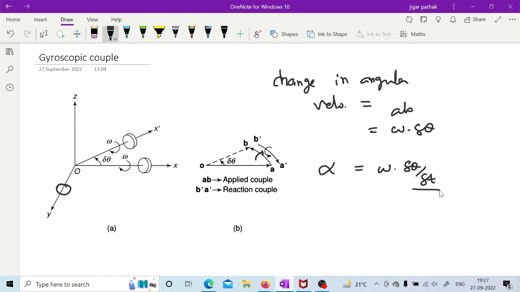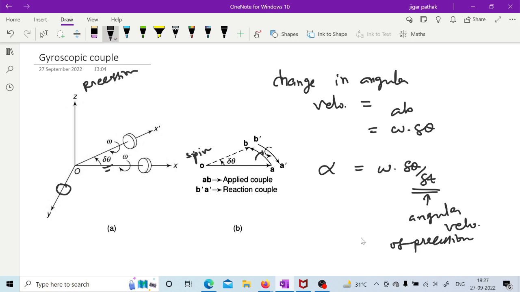Now this delta theta by delta t is what? It is the angular motion of this particular axis of spin about this precession axis, right? This is the precession axis and this is the axis of spin. So this delta theta by delta t will be the rotation about this precession axis, as you can see here, right? So this delta theta by delta t is the angular velocity of precession, angular velocity of precession,